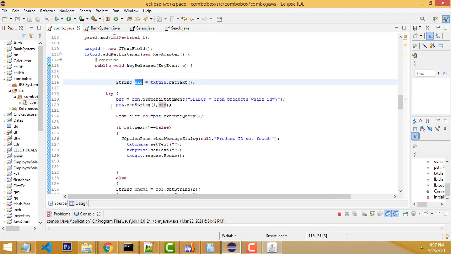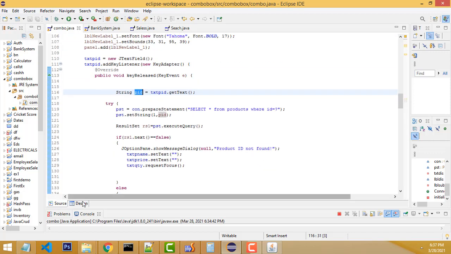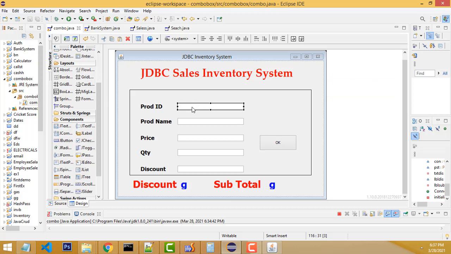After that, first we have to do the find button, right? If I enter the relevant product ID, the relevant information needs to be displayed.